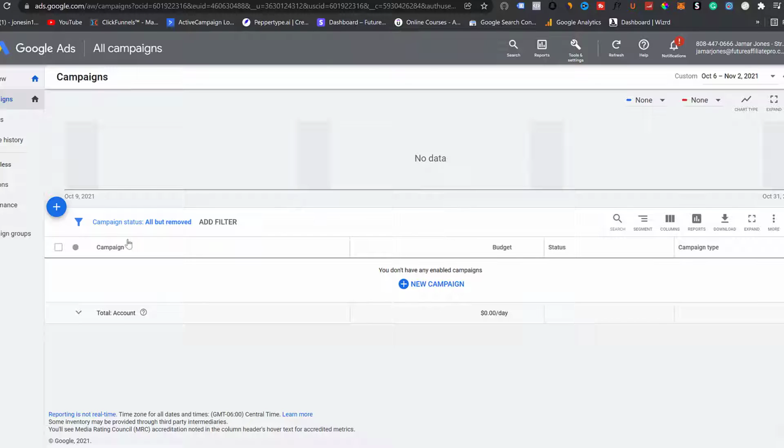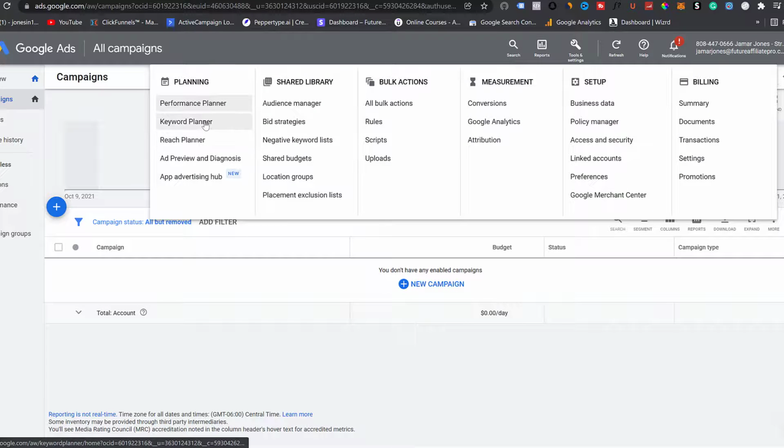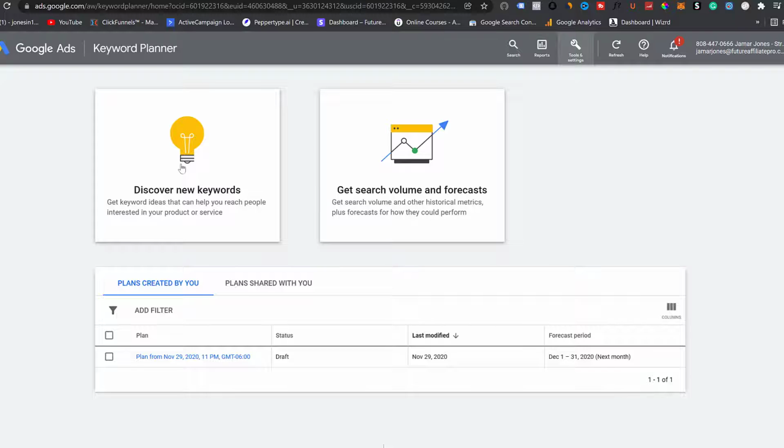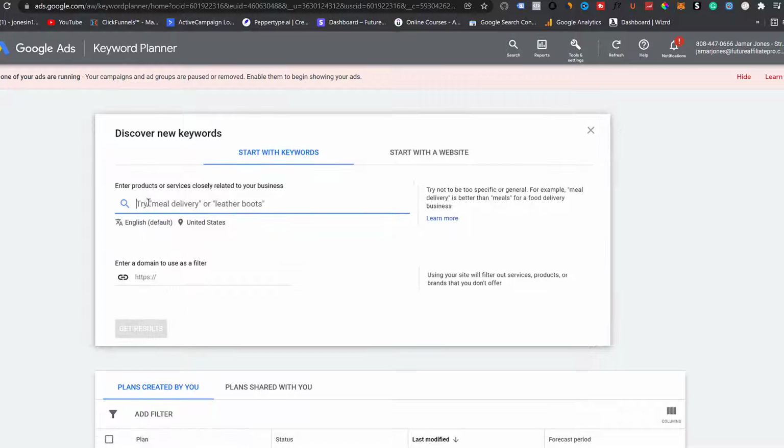So if you go to ads.google.com and you have a Gmail account, you can sign into your back office here. If you go to tools and settings and keyword planner, this takes you to discover new keywords where you can now enter in whatever niche your affiliate blog is going to be about.